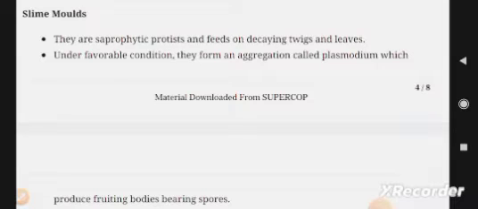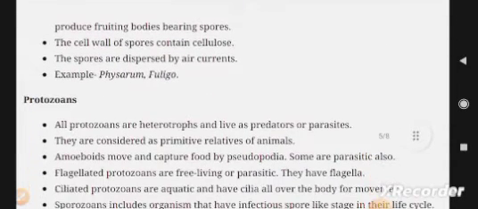They are saprophytic protists. Under favorable conditions, they form an aggregation called plasmodium. They produce floating bodies bearing spores. The cell walls of spores contain cellulose. The spores are dispersed by air currents. Example, Physarum